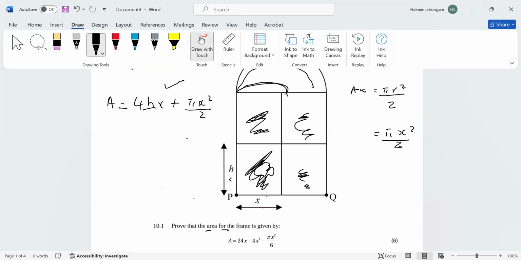Yes. I think here we would have gotten one mark for knowing the area of a rectangle and knowing the area of a semicircle. So how should we proceed? Now if we go back to the statement, they say that